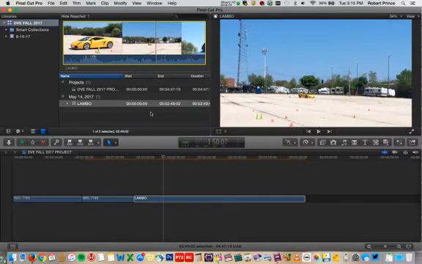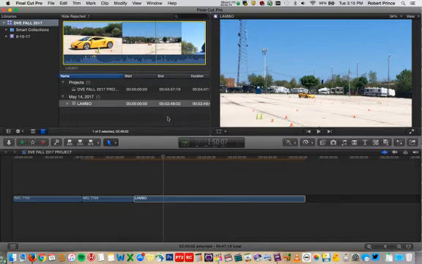Not necessarily better or worse. It does kind of throw editors who are used to having a separate window here, and so if Final Cut X is the first software that you've worked in, just be aware that the other software will be a little bit different, and it'll take a little time to get used to it. Avid will be insanely different, but Premiere will be a little bit closer. So those are